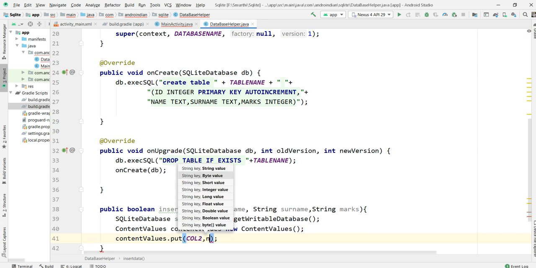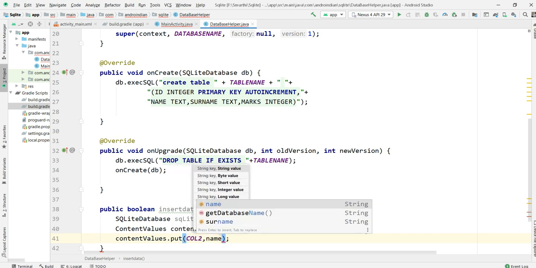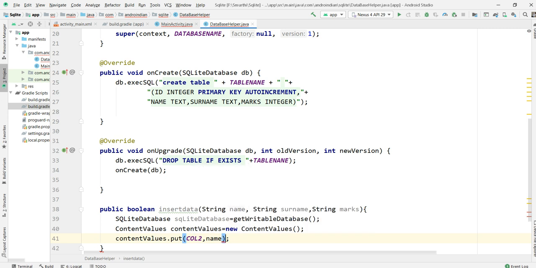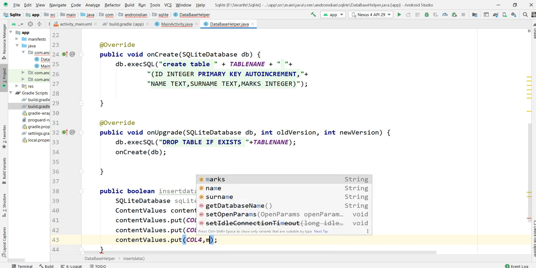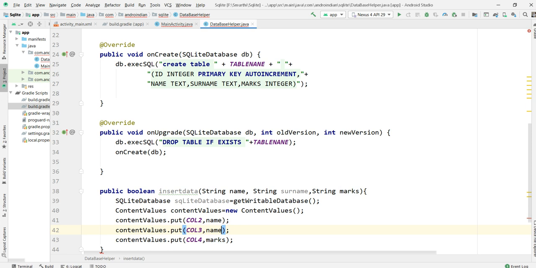Here it should come as name, the name we defined above. Here in total we need 2 more, column 3 and column 4. Column 4 is the marks and column 3 is the surname.